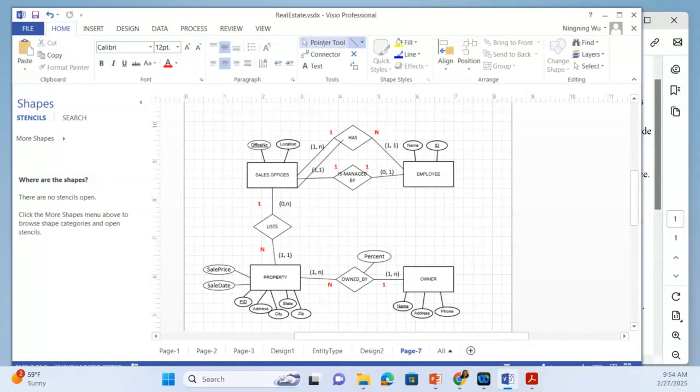This double line indicates that the sales office participation is total. Then for the employee side, since every employee must work for a sales office, its participation is also total. Another thing you can tell if it's total or partial, if you have